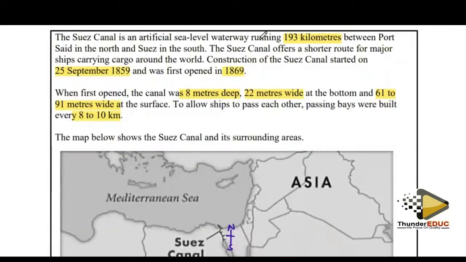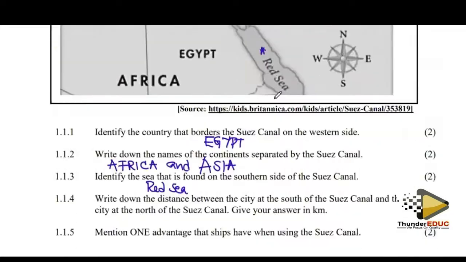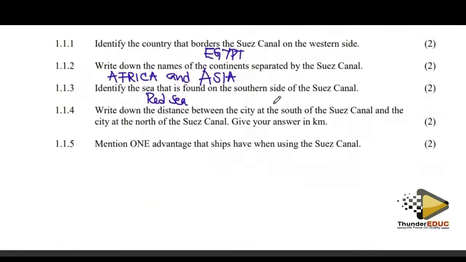So here, 193 kilometers between Port Said in the north and Suez in the south. So this is the distance that you're looking at. They said you want it in meters. So it will be 193. Oh, they said in kilometers. It's fine. 193 kilometers. Mention one advantage that the ships have when using the Suez Canal. They said